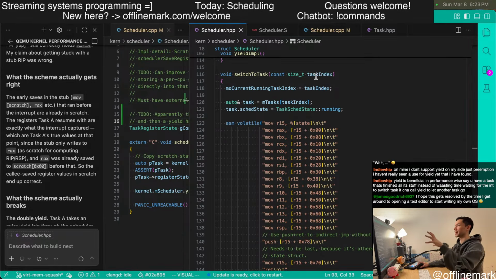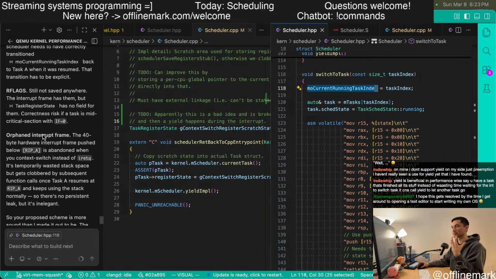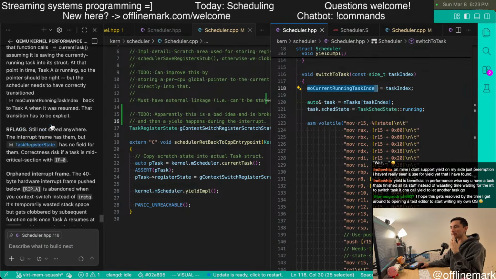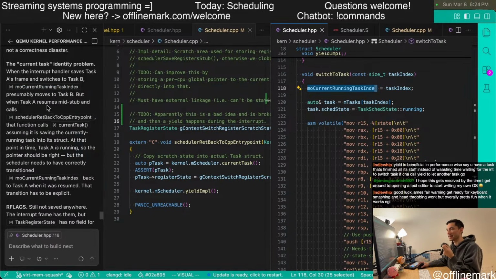When we switch to the task, we pick a task index and assign this index. It's like the state of the currently running task, right? And so this thing presumably moves to task B. But when task A resumes,